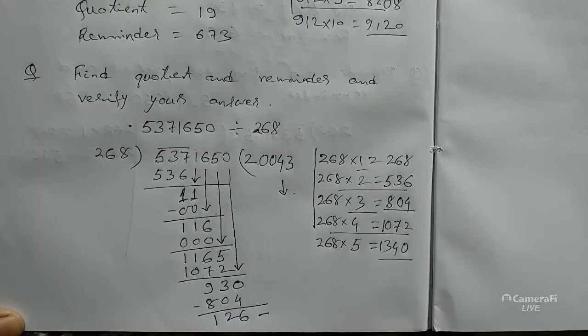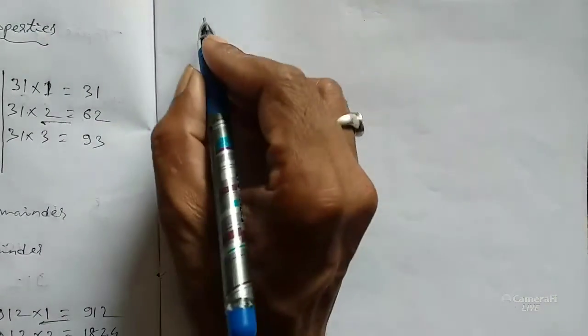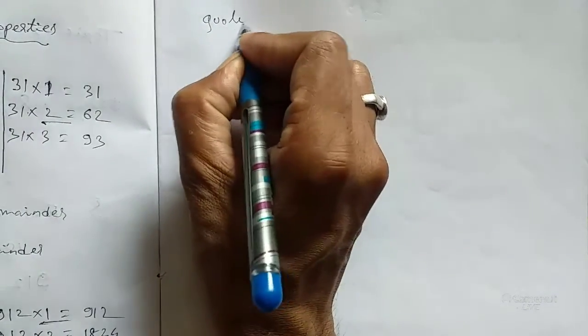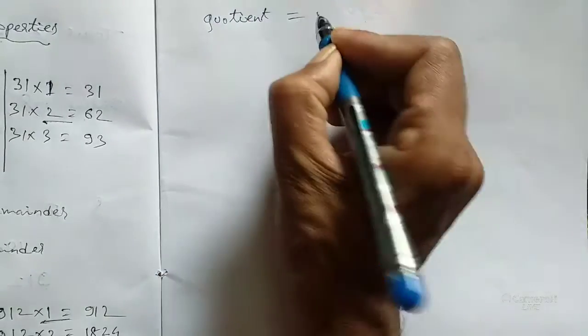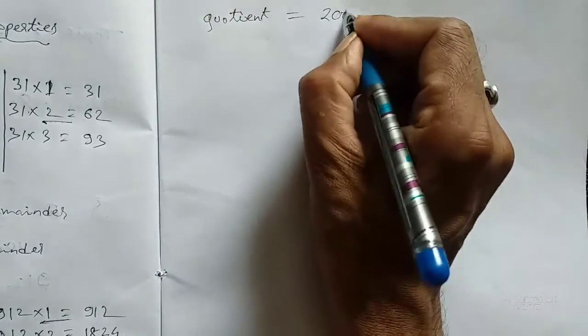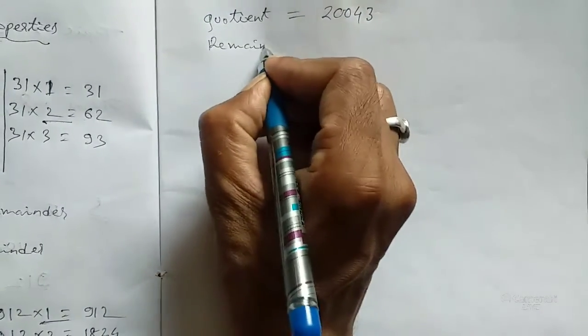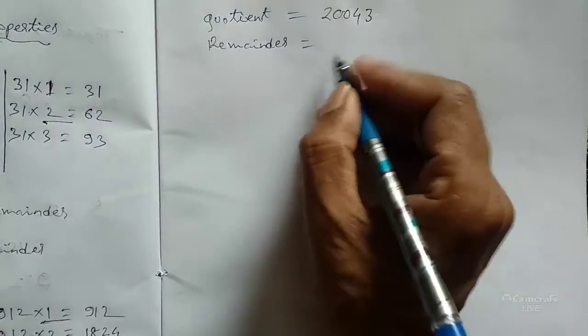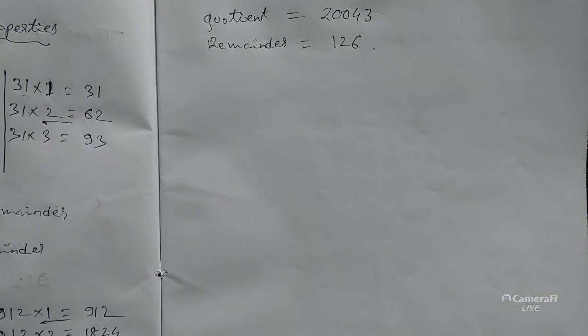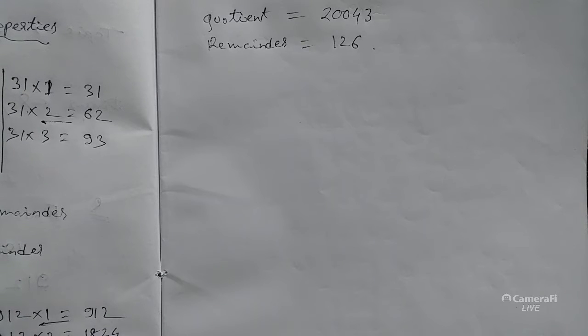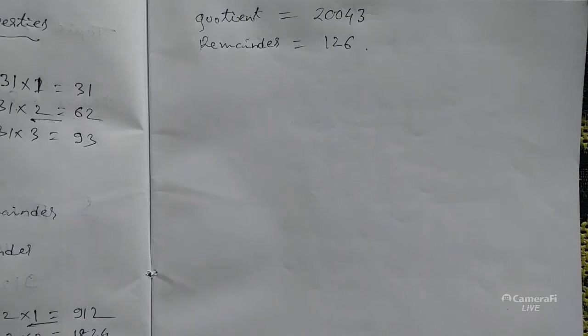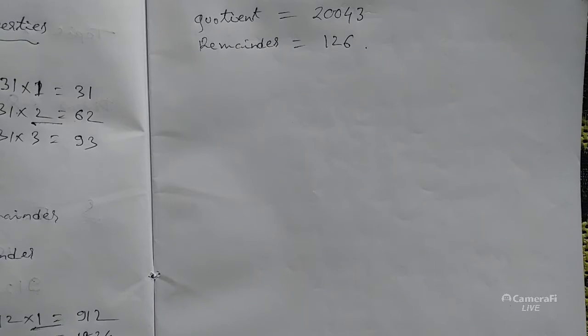First note down the quotient and the remainder. Quotient becomes 20043 and remainder becomes 126. Okay, now you have to verify your result. That means whatever quotient and remainder you get, is it correct or not. For this one there is a property of division that